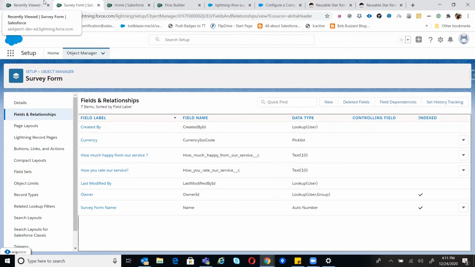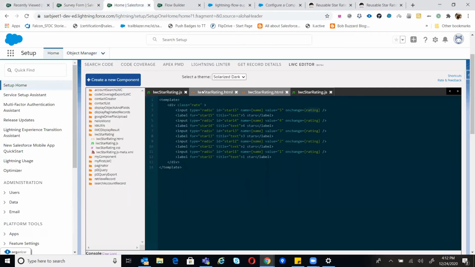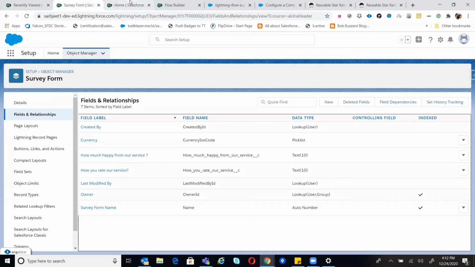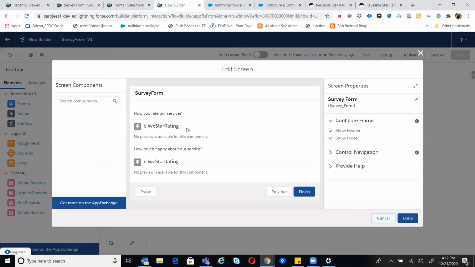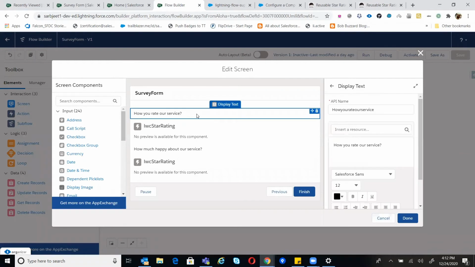After creating that Lightning component, what other things do we need to develop? The main thing is that the XML file defines everything so that we can use this LWC in the flow. Let me show you the flow so that we can see how it works. In the flow I'm just using a display to show what question you want to display here.